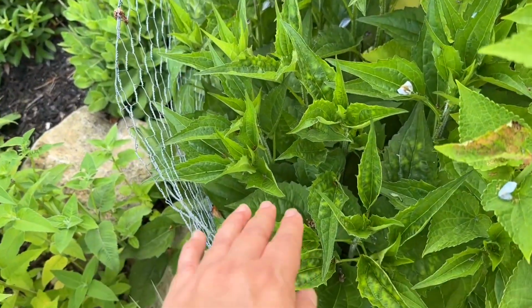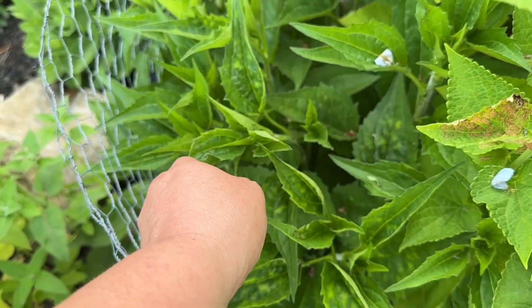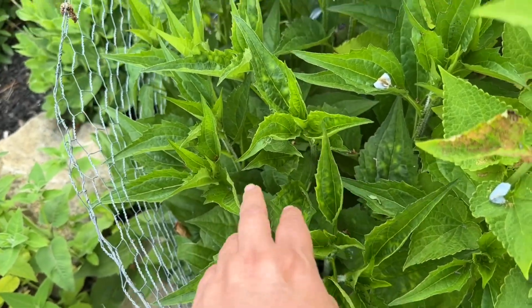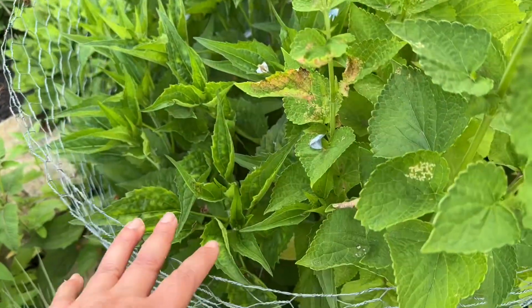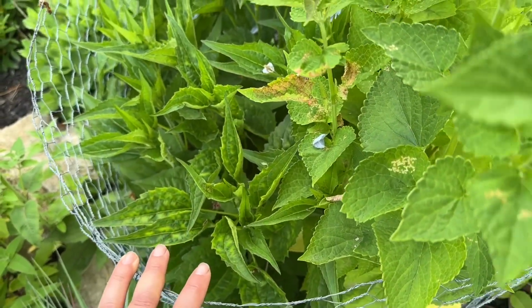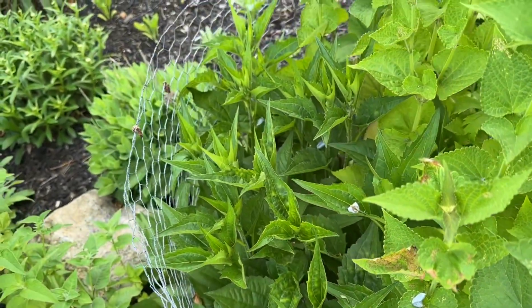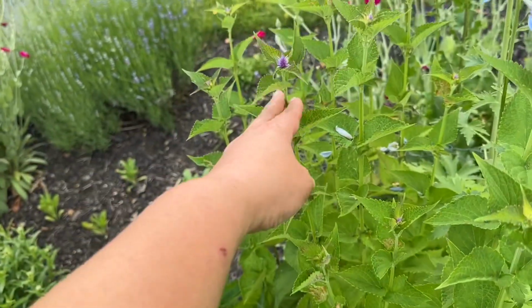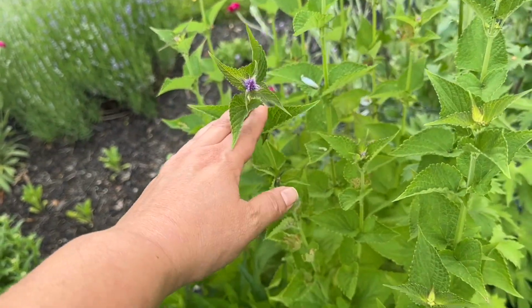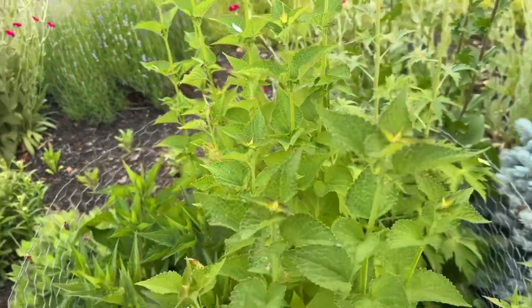Back here, this is the black-eyed Susan, and hopefully it's getting enough sun because it's getting sort of shaded out, but everything is sort of caged up, and hopefully it'll do okay. Every year I think it's getting a little bigger, and it might outgrow this cage. I was going to move this Agastache this year, but time got away from me and I may have to do